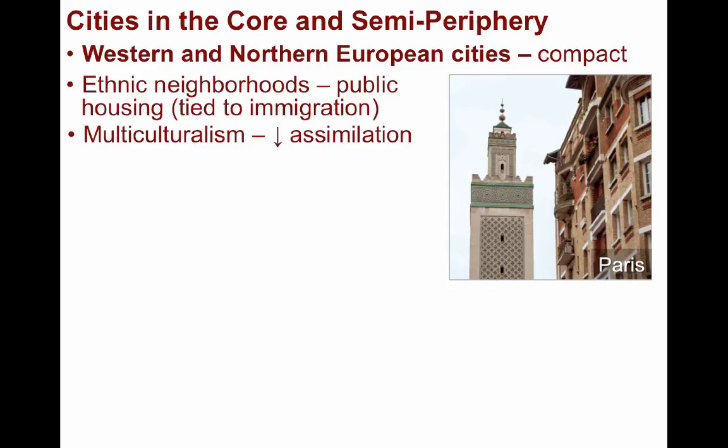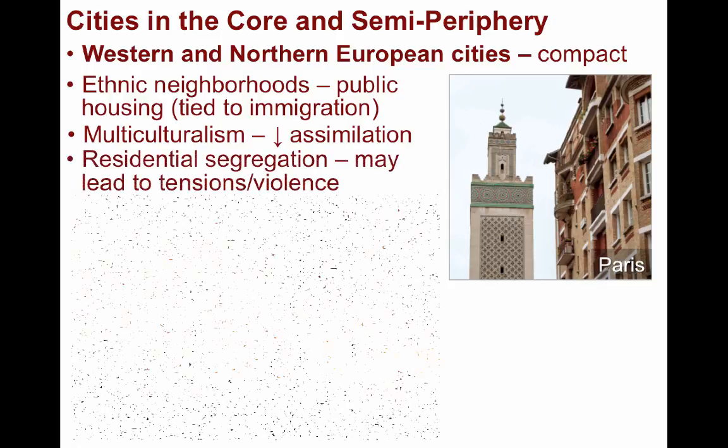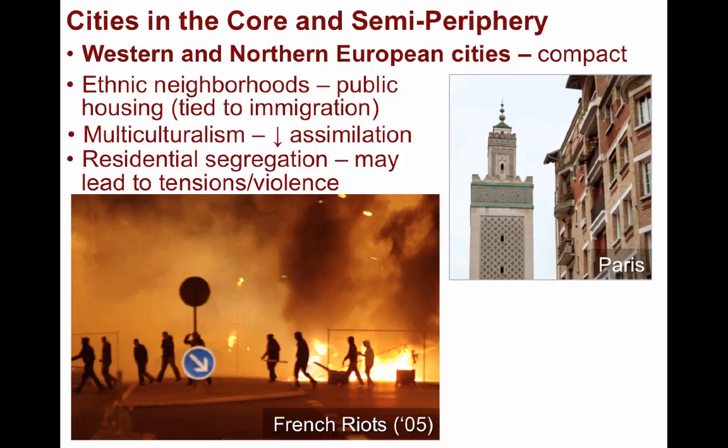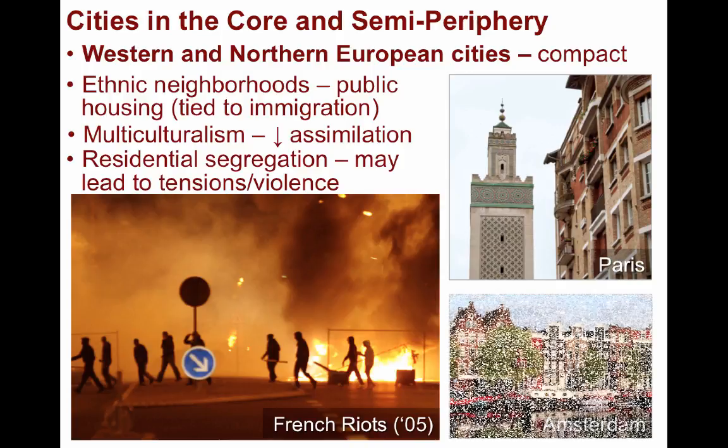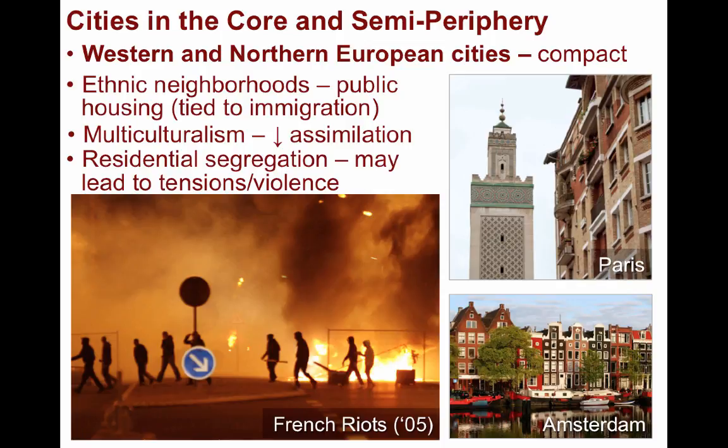More times than not, these policies fail to integrate the newer populations, and since they often remain in poorer neighborhoods, resentment can grow, and sometimes violence erupts, as was the case with the French riots that broke out in 2005. By contrast, in the Netherlands, their capital, Amsterdam, has absorbed immigrants with housing based on a sequential basis, which prevents residential segregation.